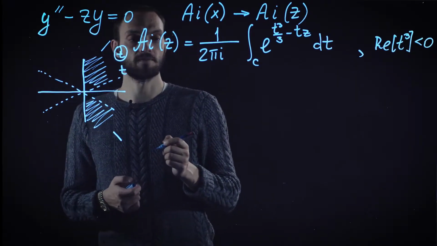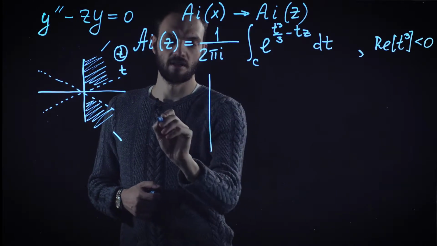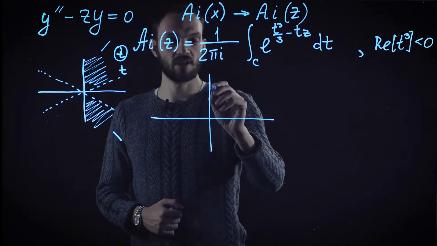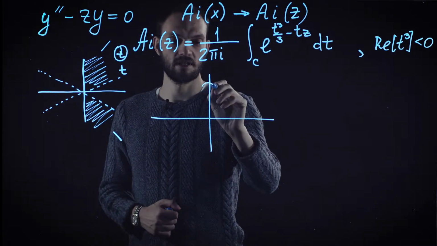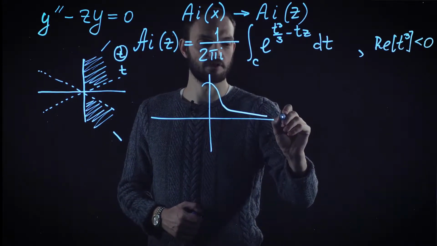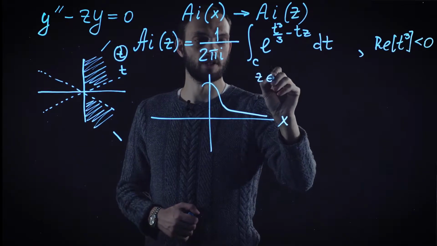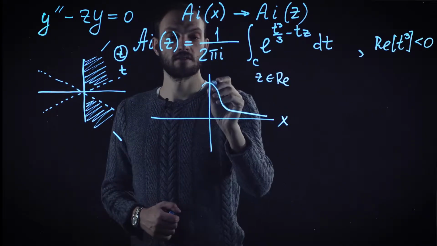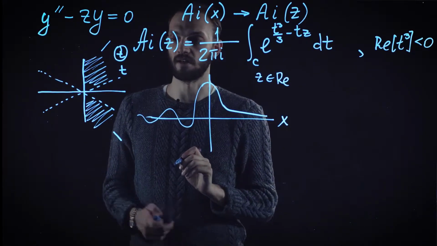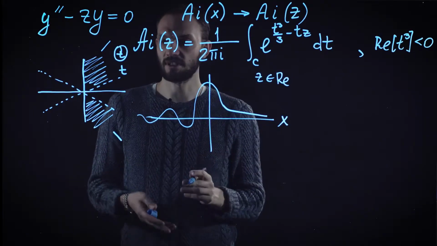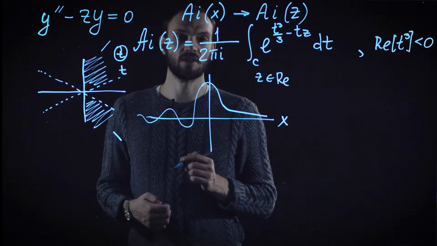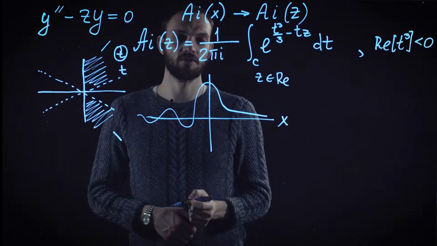So let us now think a bit on the properties of this function. What we know from previous consideration, and this Airy function by definition does solve this Airy equation and has the following properties. It defines a function which decays exponentially at large positive x, so now we are talking about real Z, and has oscillatory type decay at negative x, which corresponds to real negative Z. But now we're interested in how this function behaves at complex Z. In order to understand this, we are going to study this integral by the saddle point technique.